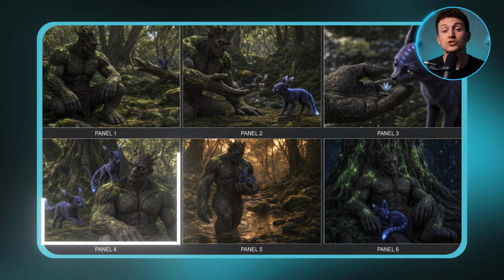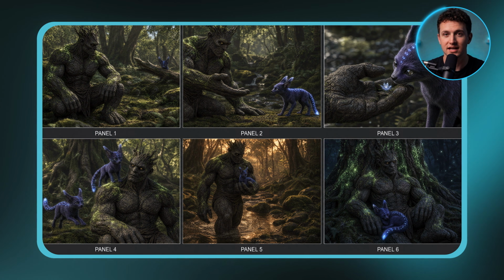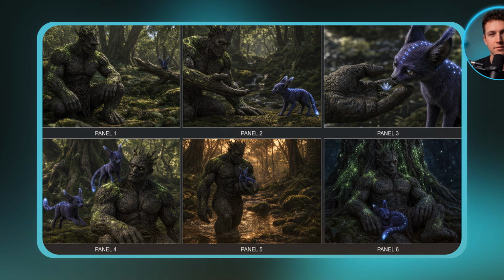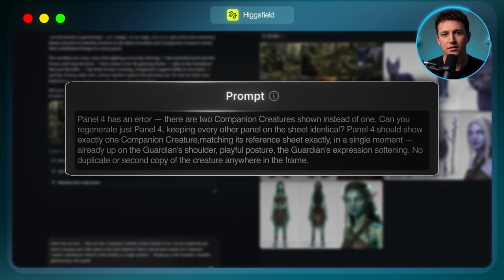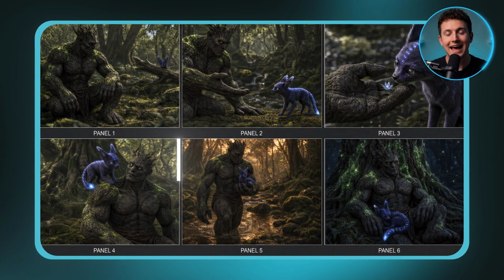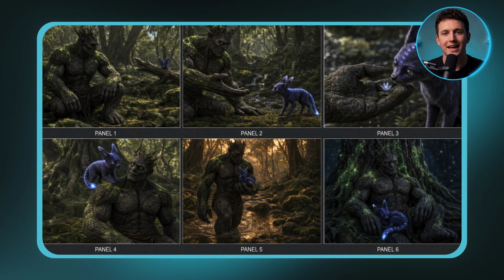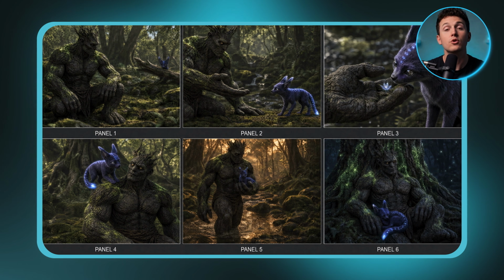One panel comes out with 2 of the companion creatures by mistake, which is the same duplication problem. So I'll have it regenerate just that one panel and leave the other 5 alone. The thing to know is it rebuilds the entire sheet to fix that single panel. So if the others turn out inconsistent, the safer move is to put the corrected panel back into the original. Now the 4th panel actually shows just the mossy one and a single companion creature with no cloning, so I'll